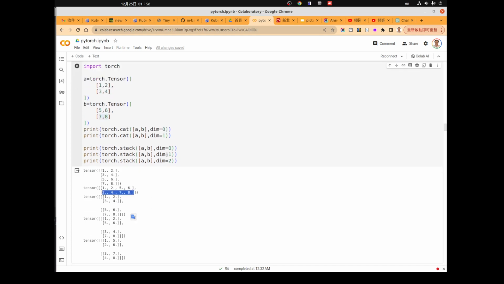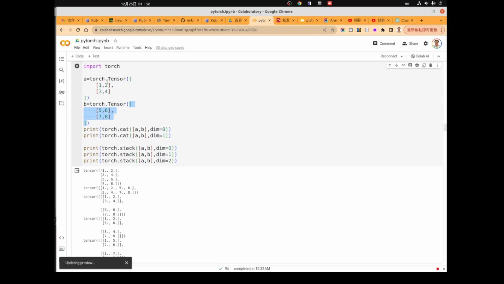And if we stack them, we will create a new dimension. Okay, so if we stack them in dimension 0, it means that we stack this array and this array together.